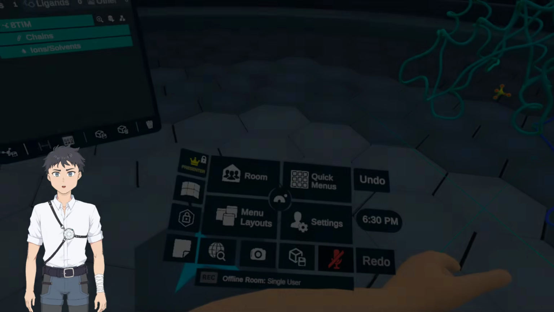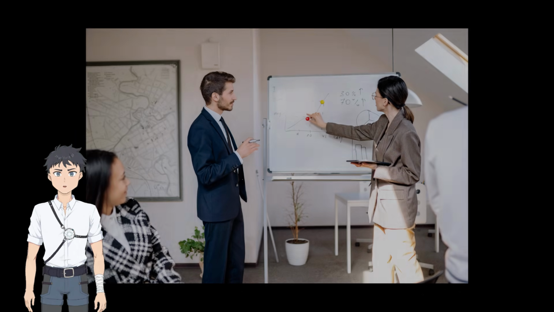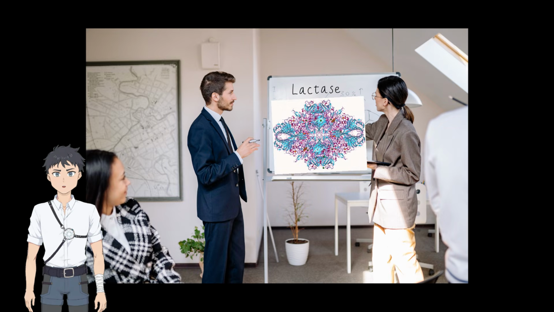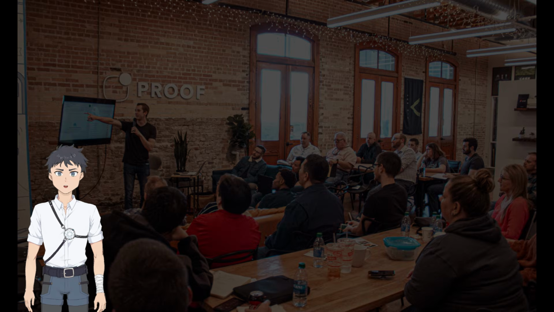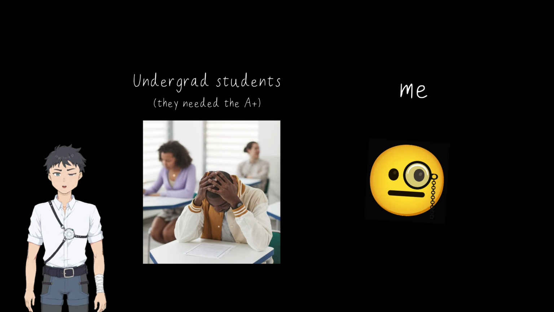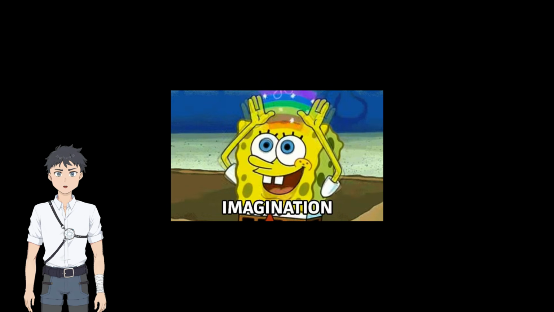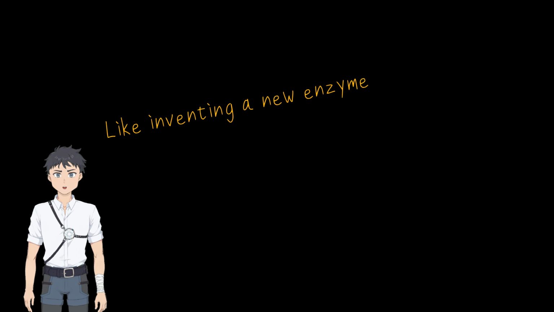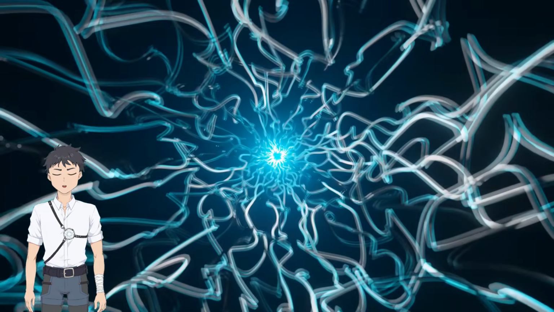Students in this course will have to do a capstone project, which is a presentation about an industrially useful enzyme. Now, I am definitely the odd one here, auditing as a master's student in computer science in a room full of biochemistry undergrad students. But since I'm not getting a grade, I get to go wild with my imagination. In fact, the professor encouraged me to try wacky ideas, as he liked to have me inspire the students towards